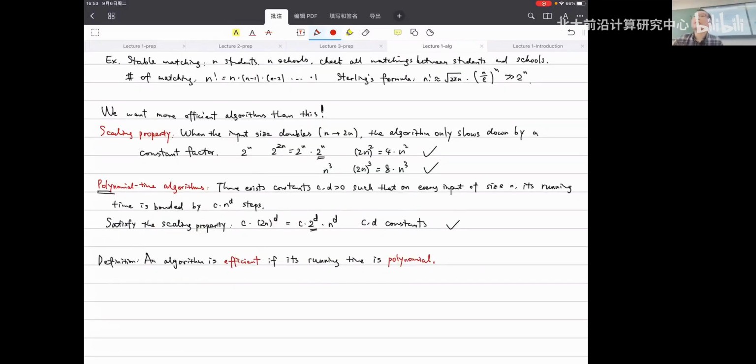Sure. This is the definition of an efficient algorithm. The second thing is that the polynomial time definition is widely accepted. Well, it depends on who you ask. If you ask theoretical computer scientists, they are going to tell you polynomial time is efficient. But for a lot of problems, n squared is bad. I mean, n squared or n cubed is already not efficient, depending on what kind of problem you solve.